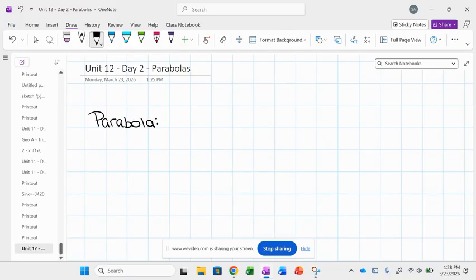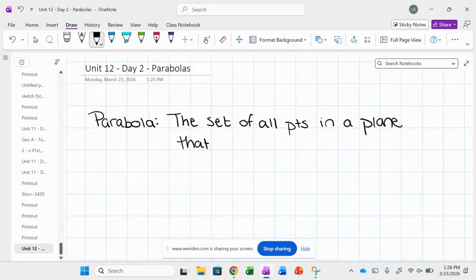So by definition, a parabola is the set of all points in a plane that are the same distance from a given point